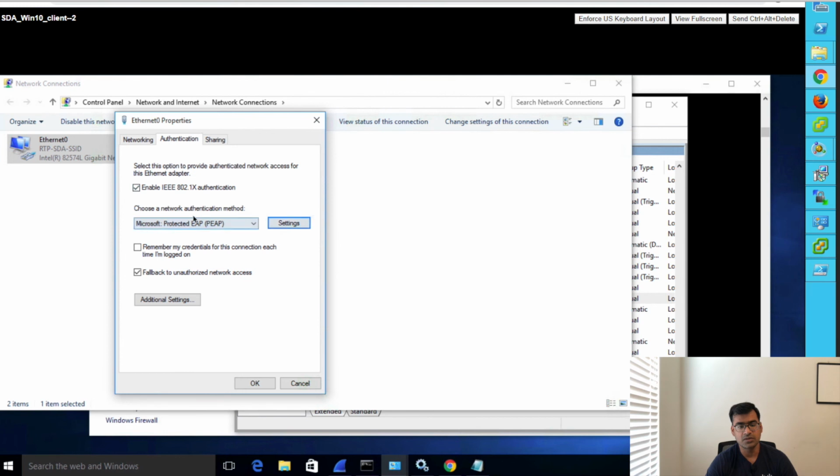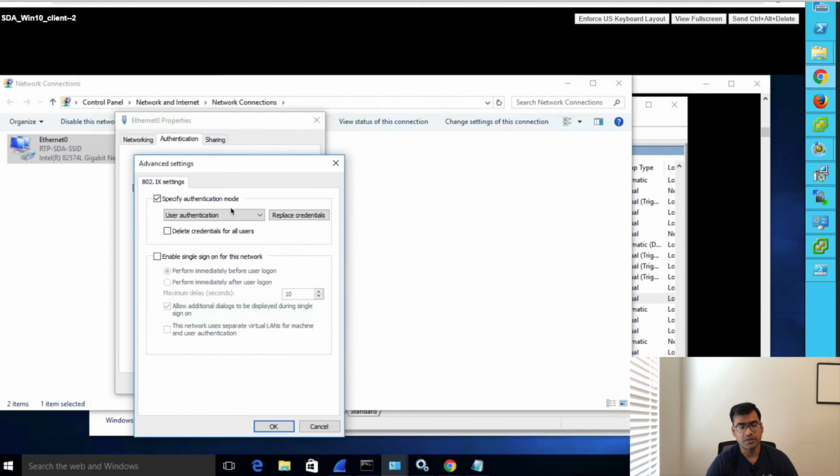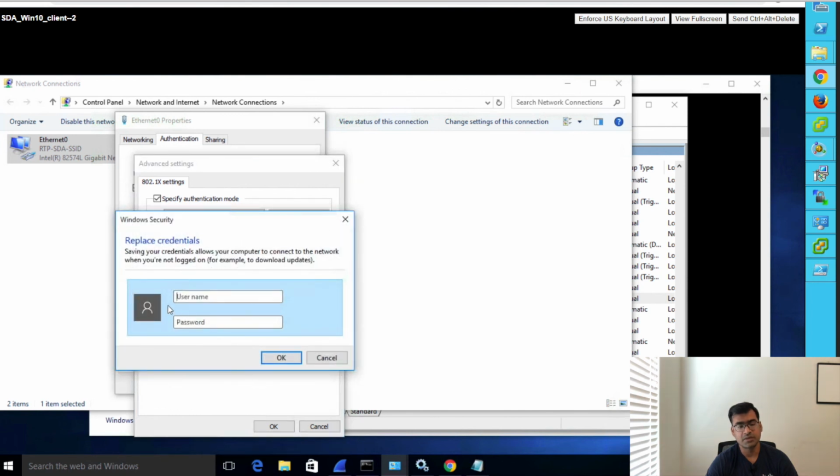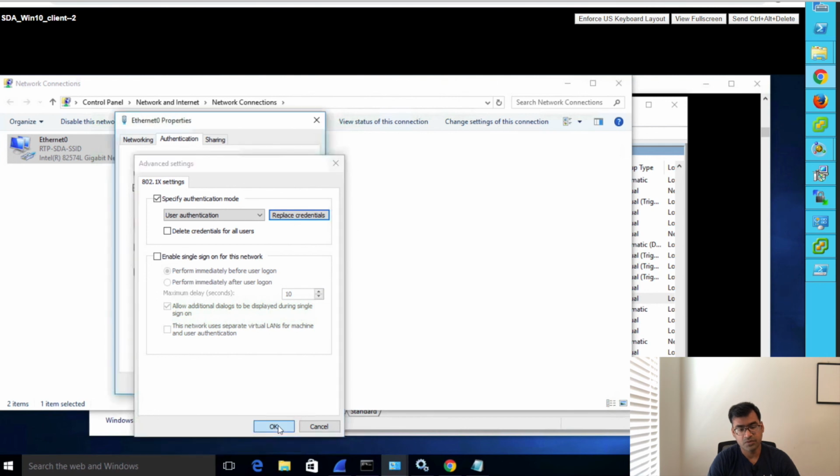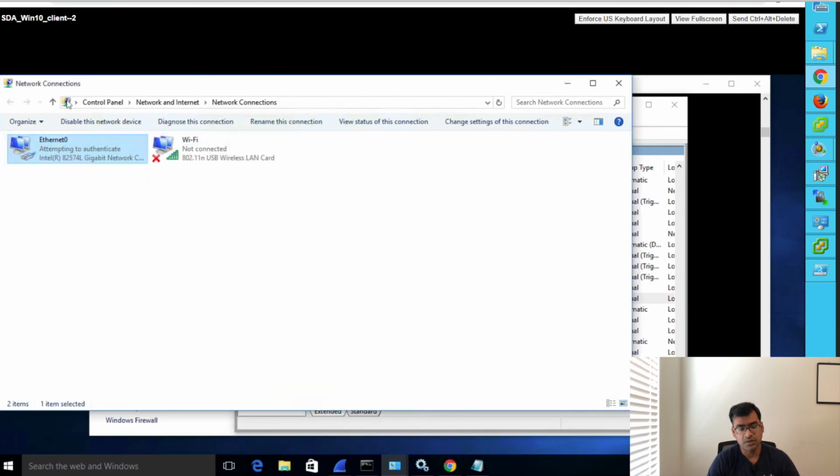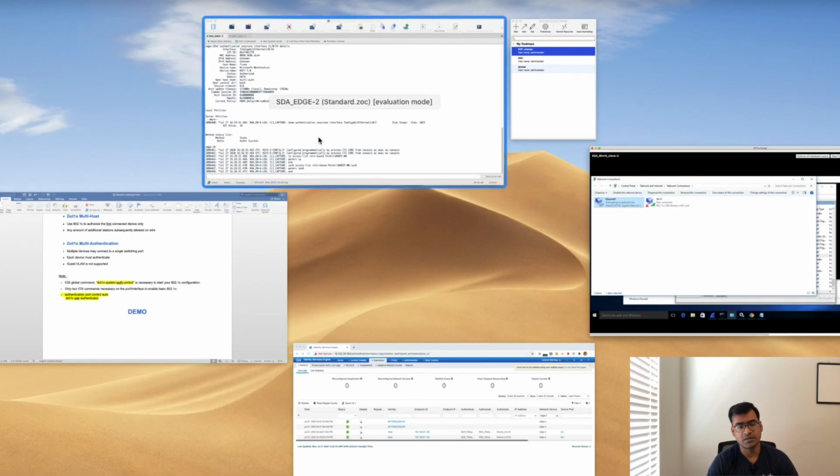But now since you enabled .1x and selected your authentication method, where to specify the username and password? That's where additional settings are, pick what you want to do. I want to do user authentication, replace credentials. You have seen that earlier it was authenticating using Fiona. Let me use Fred, my username, since this is the user already defined in my Radius server. Put your password. Once you put your password, you'll see attempting to authenticate, and this is the good time